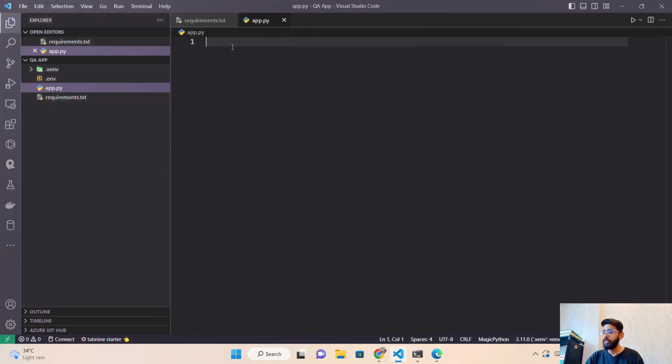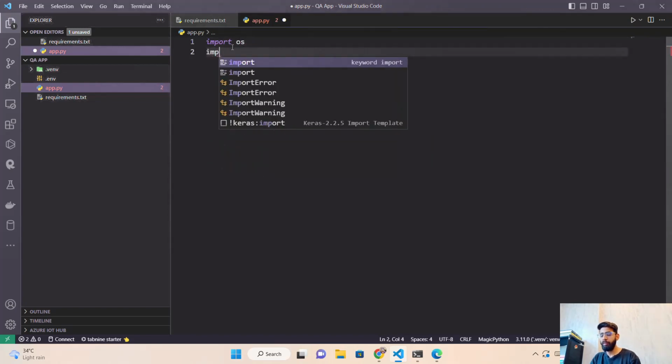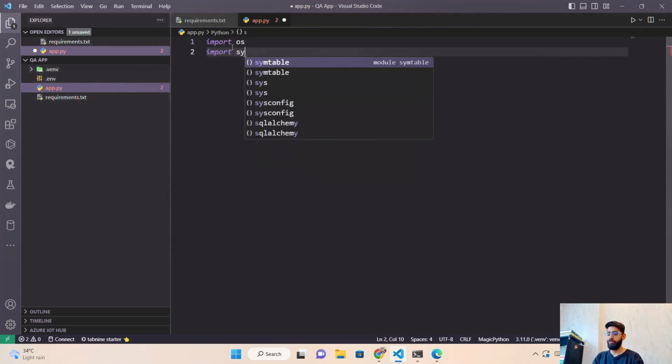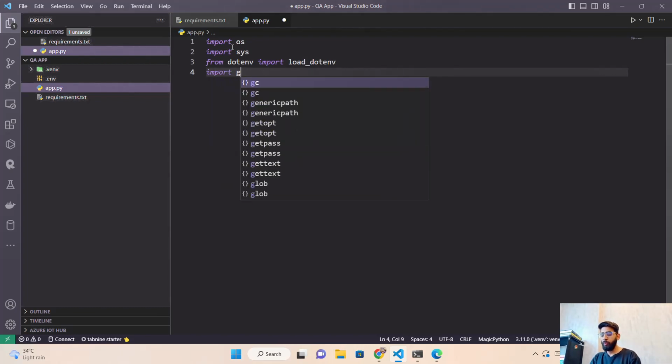So what we are first going to do, I already have installed. So first I have to load. Let's first import the utilities. Okay, so first is import os. Okay, and then I'll import sys, basically system, and then I will also import from dotenv, import load_dotenv to handle the API keys of OpenAI. And now let's also import Gradio